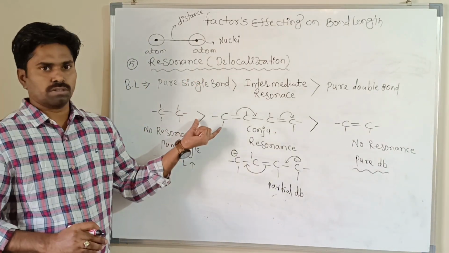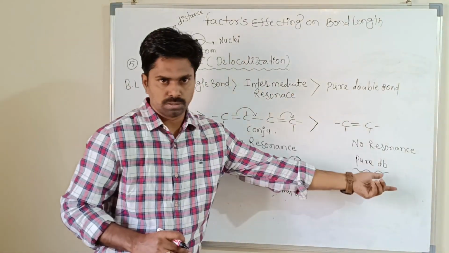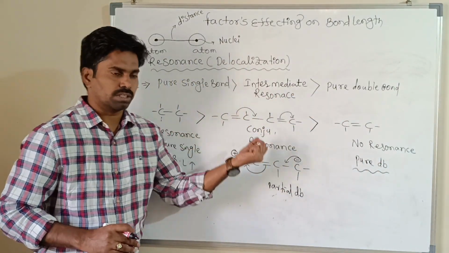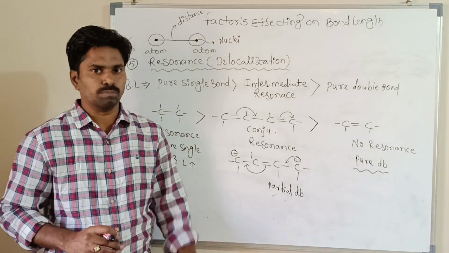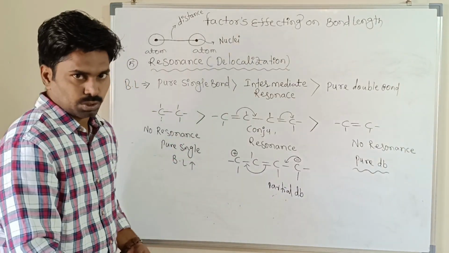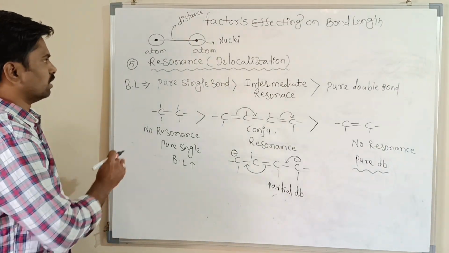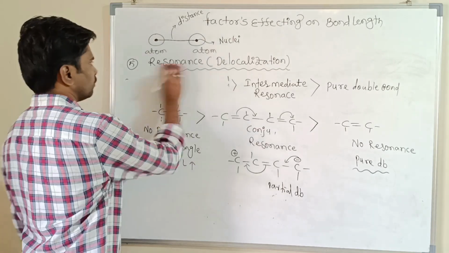How does it affect the bond length? So this is intermediate compared to the pure double bond, and this is shorter than the pure single bond. So you have to remember this case. I will give you more examples in the next session in the MCQ. Okay, right. So note this down. I will give the next one. That factor is the